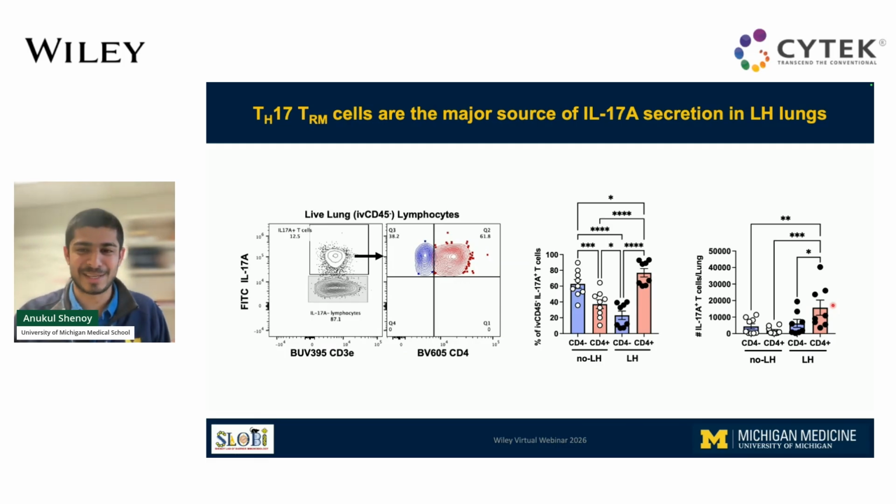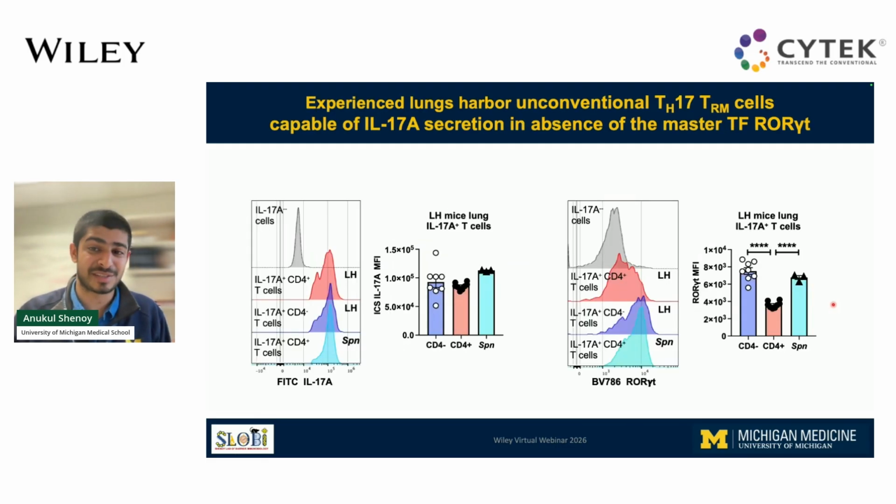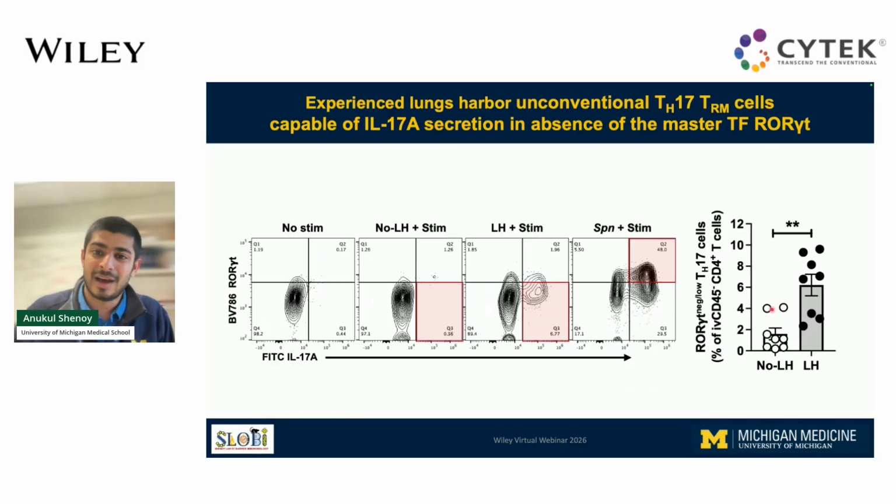What is interesting about these T cells, unlike the previous T cells I talked about, was that while they are producing copious amounts of IL-17, which is comparable to the IL-17 that would otherwise be produced by an antibacterial Th17 cell, they don't express that much ROR gamma T, which is the lineage-defining transcription factor of Th17 cells. Another way to look at the same data is if we put IL-17 on the x-axis and ROR gamma T